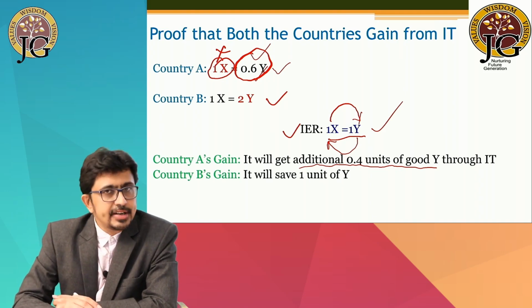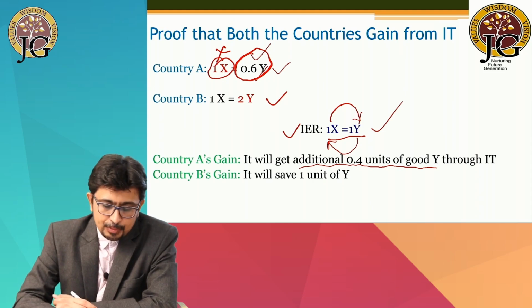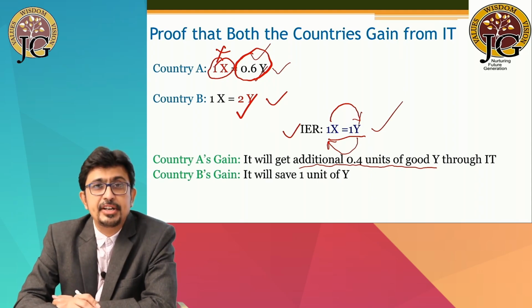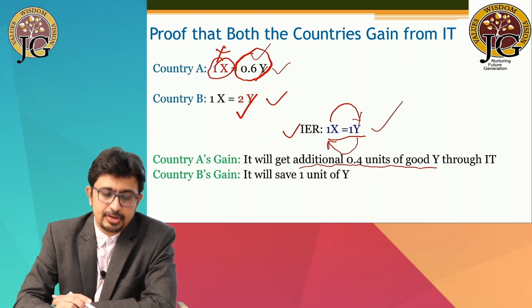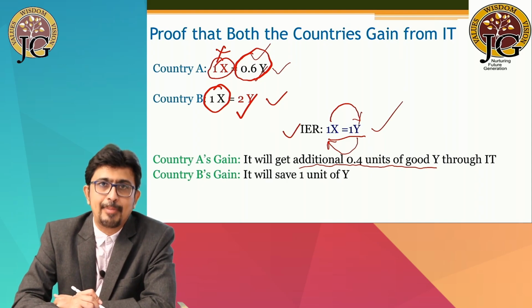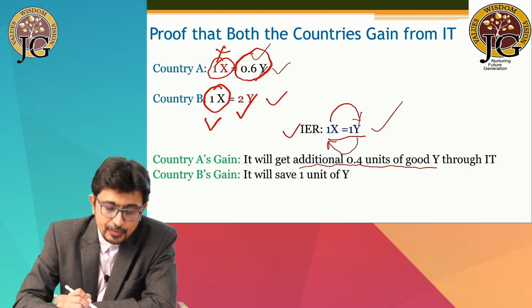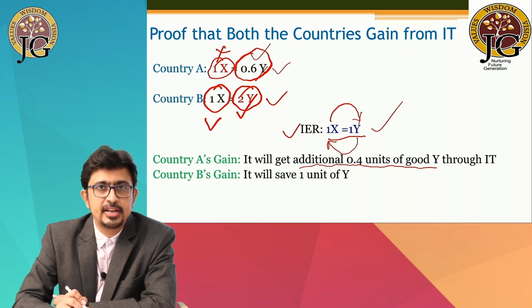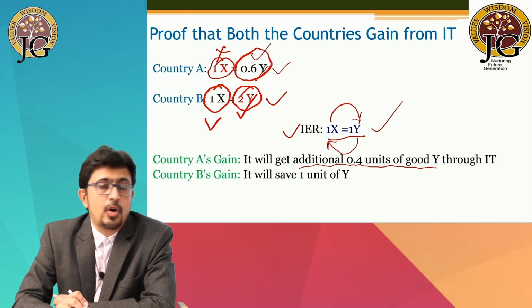Similarly, the second country B should ideally focus on production of good Y. It should not try to produce good X, but suppose country B decides not to enter into international trade and tries to become self-sufficient, and tries to produce good X on its own, what will happen? For producing 1 unit of X, country B will have to sacrifice 2 units of Y. It is better for country B to follow the recommendation of the theory. It should try to produce good Y only because it has comparatively lesser disadvantage in the production of Y, or in other words, a comparative advantage in the production of Y.